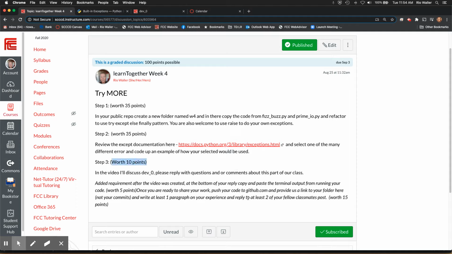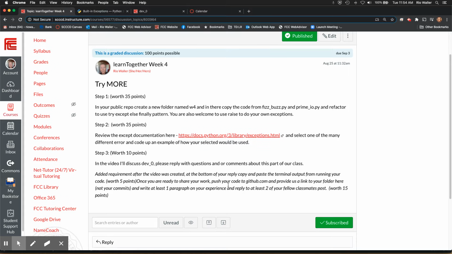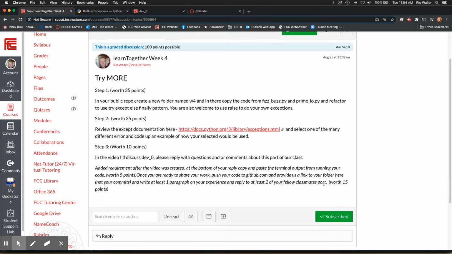And the rest of the points comes from this last item and just this added requirement I talked about last time, which is, when you run your code, your output in the terminal, copy and paste that in here. And then you do need to reply to 2 of your fellow students. So looking at their code, you need to do 1 paragraph for your own reply and then reply to 2